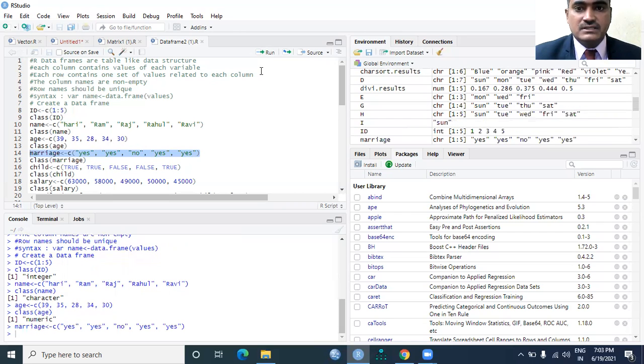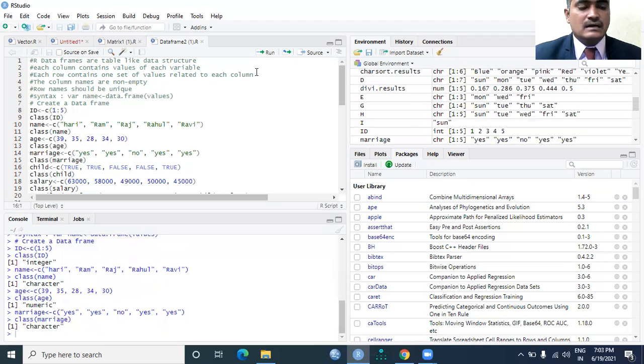So I executed this. When we keep the characters in double quotations or single quotations, it tells that it is a character type. Even I would like to cross check the class of the marriage variable. Yes, it is a character type.